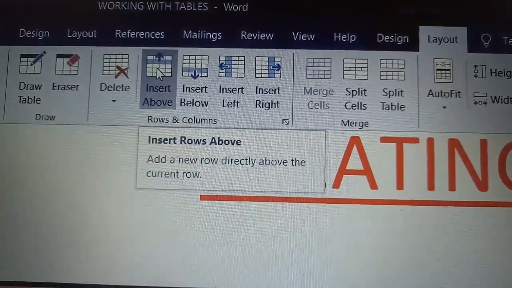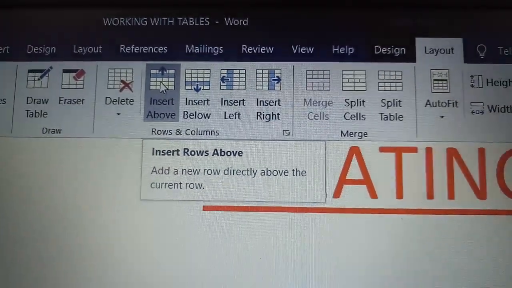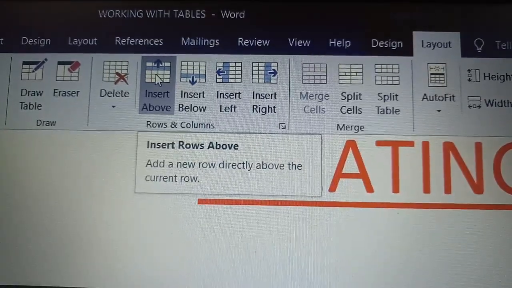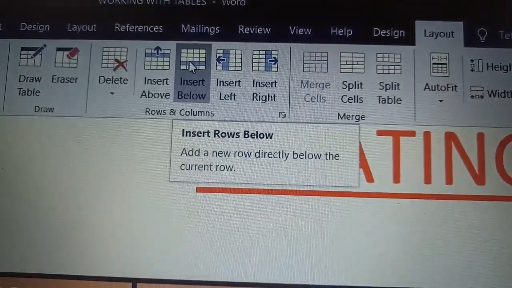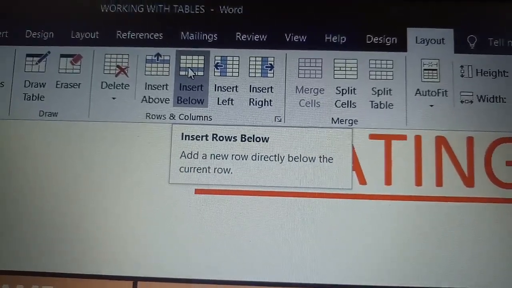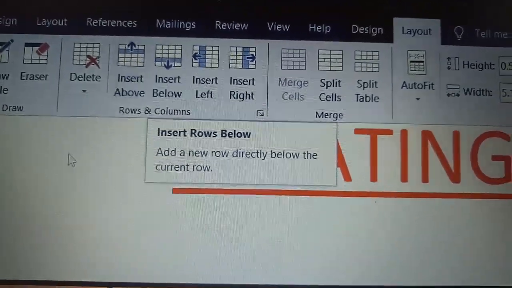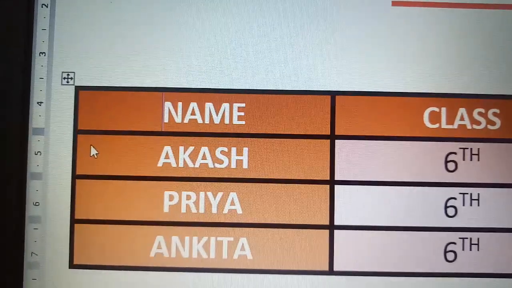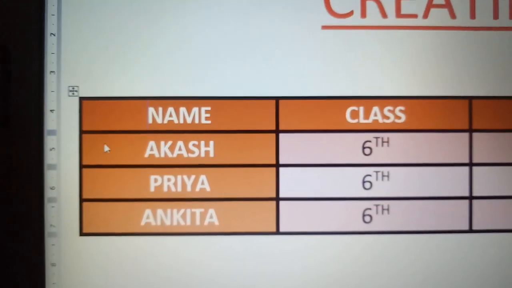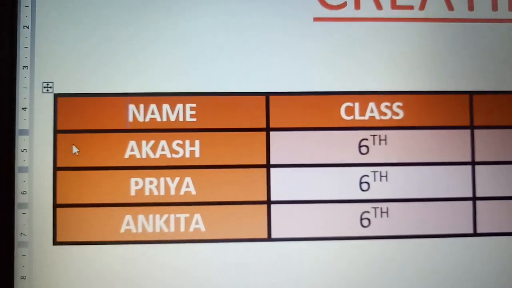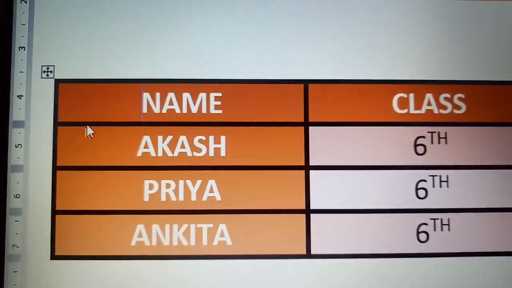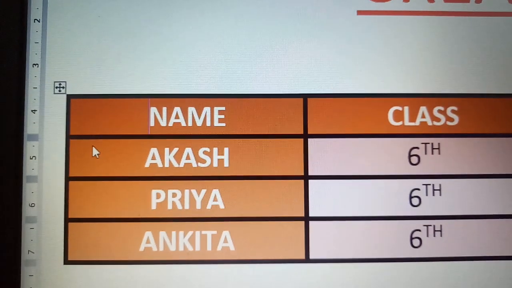This is for inserting a row above the selected row, and this is for inserting a row below the selected row. So coming back to the table, students, because of the design applied here, the presence of the cursor is not visible, but you can check the mouse pointer.